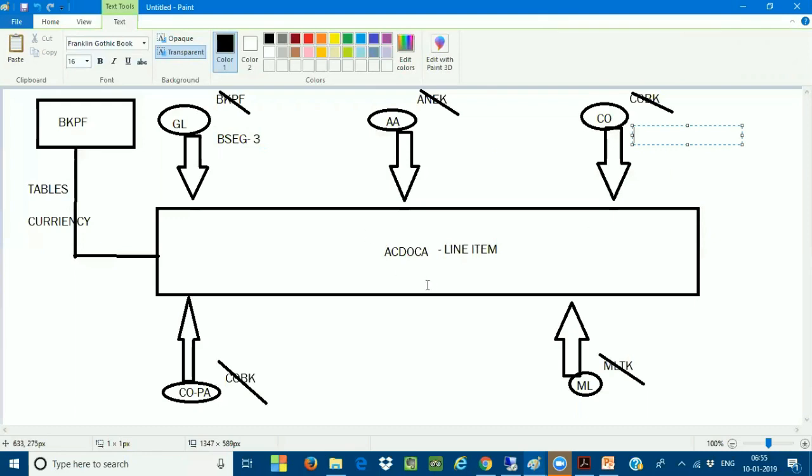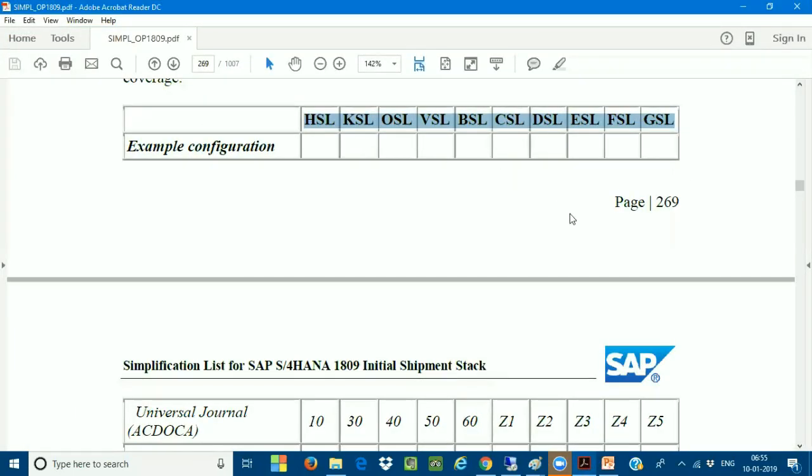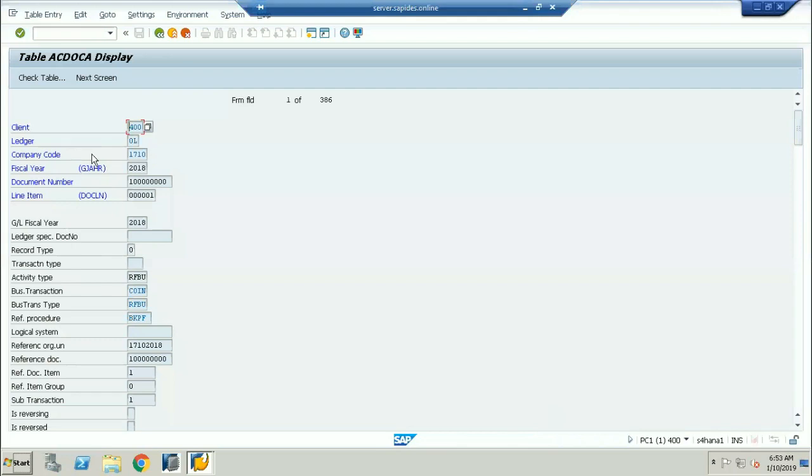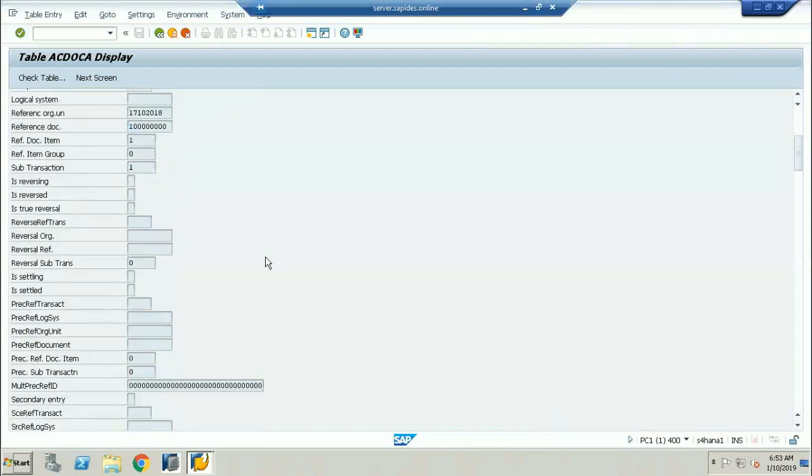Now, as every configuration and every posting is getting triggered to the ECDOCA table, the new data structure has been designed. This is what I would like to show you. When I go into the ECDOCA table and see a document, I would like to see the currency fields.